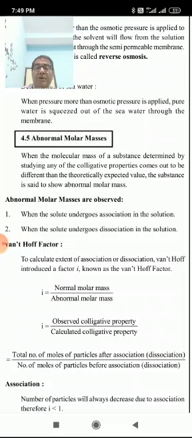When the solute undergoes association in the solution. For example, when we dissolve acetic acid in benzene, the acetic acid molecule dimerizes. So the observed molecular mass is double the normal molecular mass of acetic acid. So it is abnormal. Similarly, when the solute undergoes dissociation in the solution,